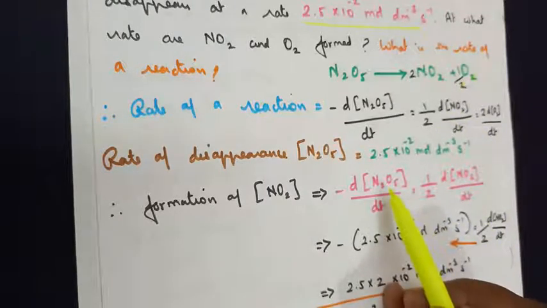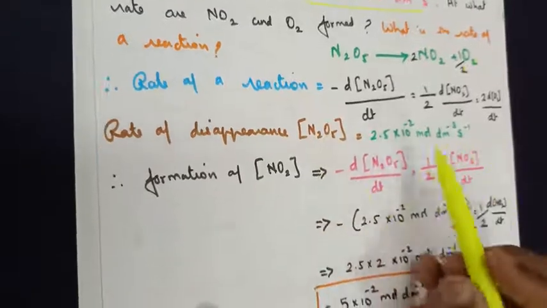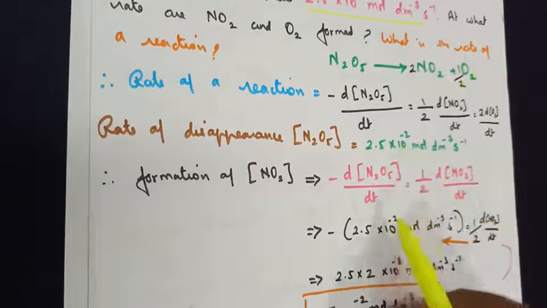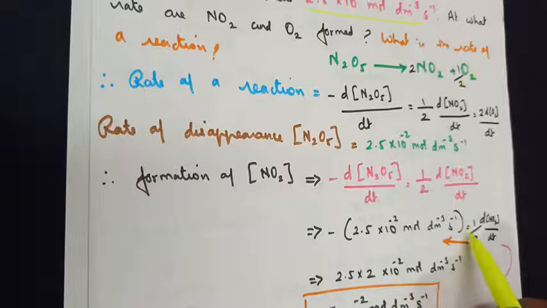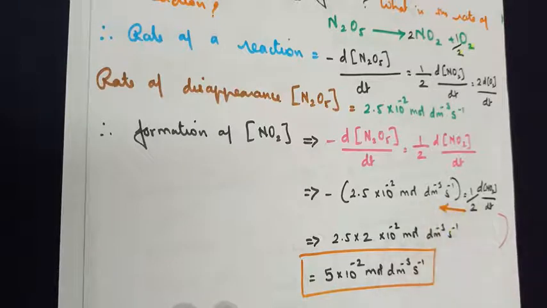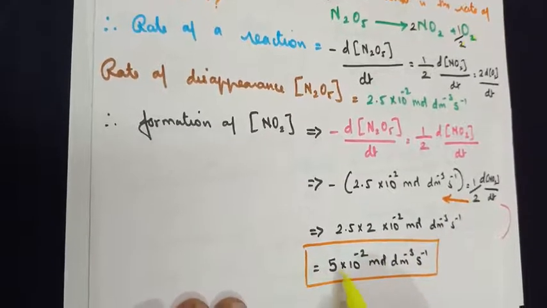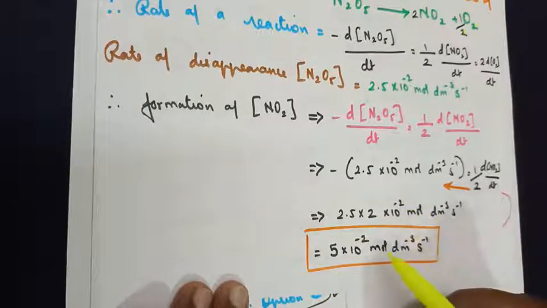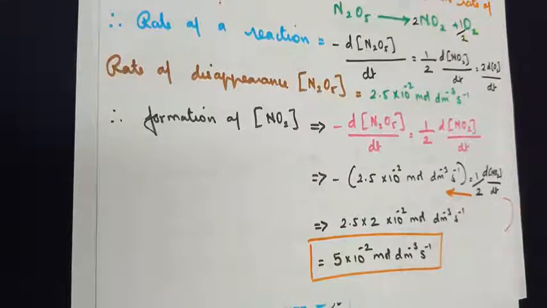Among the given things, we know the value of N2O5. Just substitute it. Remember, this minus sign stands for disappearance in the concentration. Do not include it in the calculations. You will make a mistake. So 2.5, I am substituting the value along with the unit, is equal to the unknown term I am keeping. As we did in the previous question, 2 goes to the numerator. When we multiply, we get 5.0. That 0 can be omitted. 5 into, as I told you, write the same unit as it is, 10 to the power minus 2 into mole per decimeter cube per second. Only so much is the working out.